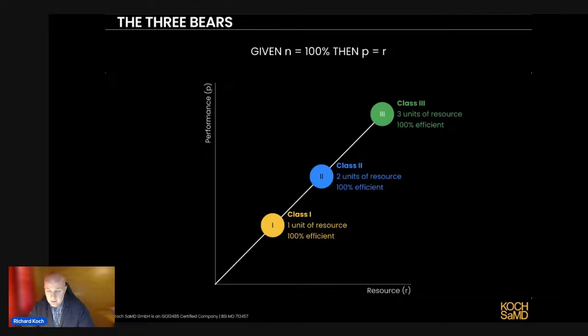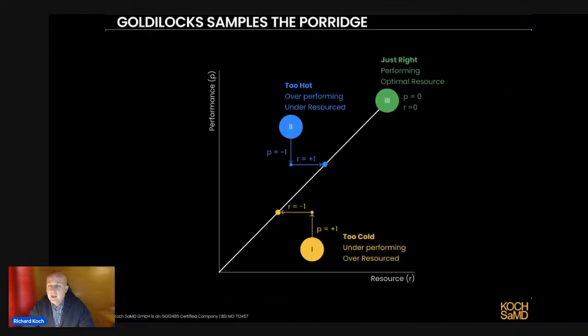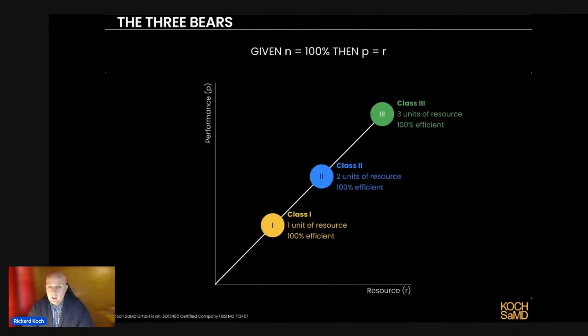So you get this line at 45 degrees. And just to talk you through this chart, I call it the 3 bears, because in some ways we are going to do a little bit of a 3 bears exercise, where each of the 3 bears will have their porridge. So each of these are our bowls, and then we're going to be Goldilocks and assess the porridge and see if it is too hot, too cold, or just right.